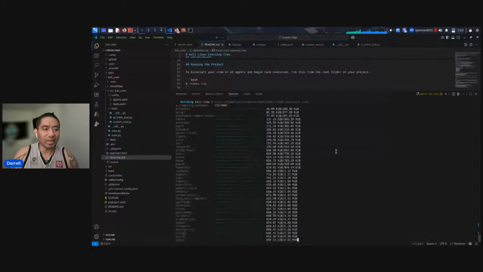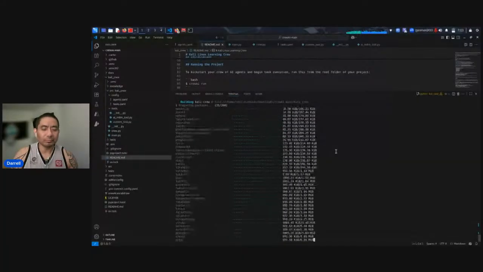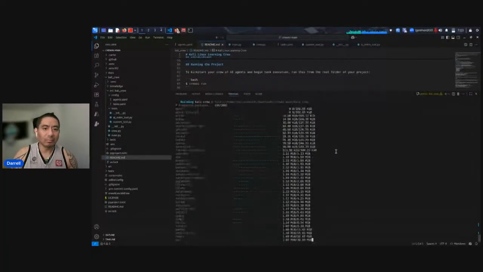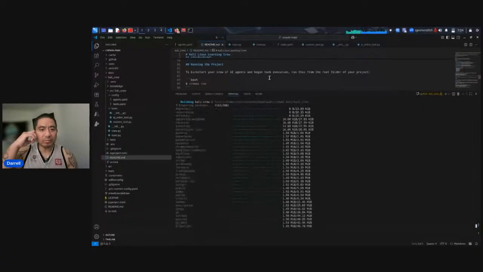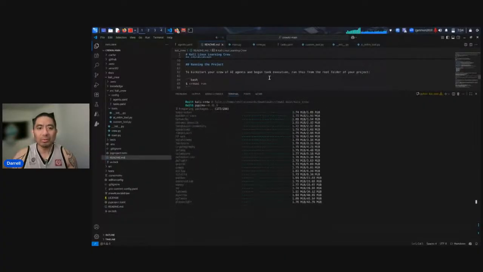There are about 208 packages that are going to install. And I'm not using any API keys. I'm just using Ollama since I have Ollama installed on Kali.